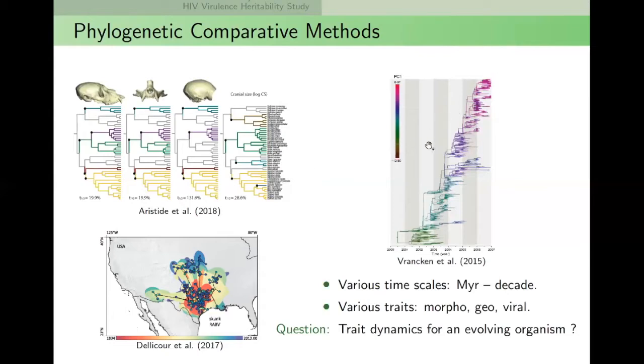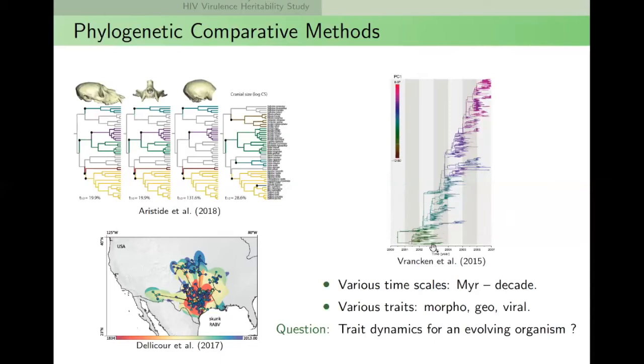Why did I choose this tree? Because we can see that it's very different from this tree here. It's still a tree, and measurements still happen at the tip of the tree. But this tree was spanning over 50 million years, while this one is only about 10 years, from around 2000 to 2007. That is because viruses evolve much faster than monkeys, for instance. And what it also means is that we have tips